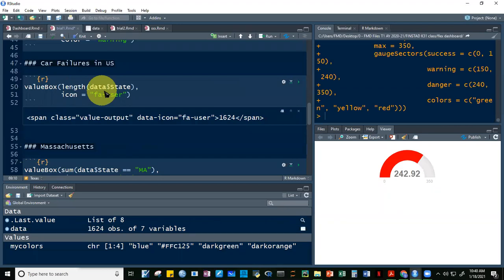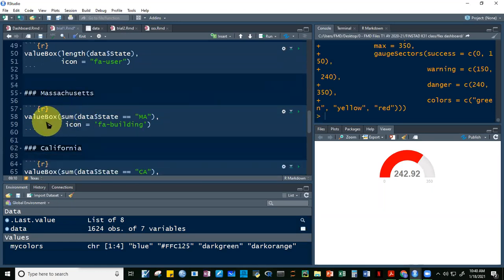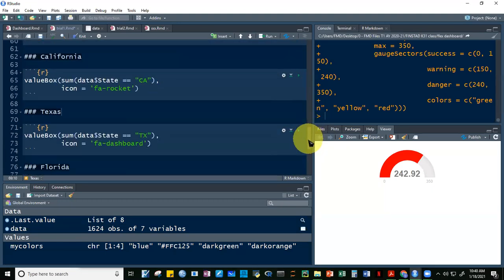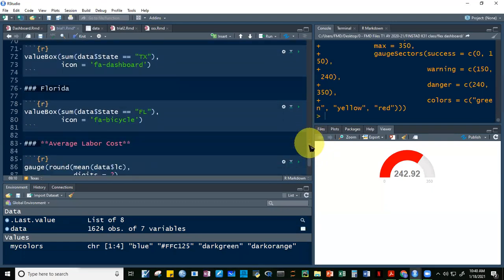Another value box. Okay? Ang pangalan, car failures in US. Bibilangan yung number of states. Tapos may icon na nakalagay sa user. Okay? Tapos magka-create tayo ng another value box. Ang pangalan niya, Massachusetts. No? Anong laman nito? Yung sum. Kung ilan, guys. Tapos may icon siya, building. Ganun din to, bibilangin yung instance ni California, Rocket yung font awesome niya, Texas, dashboard naman, si Florida